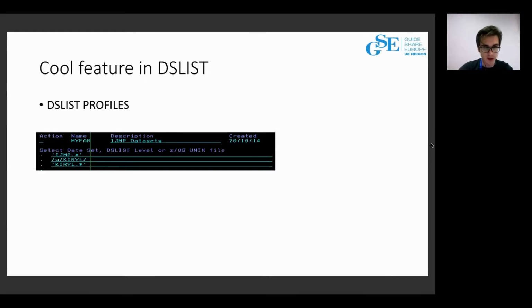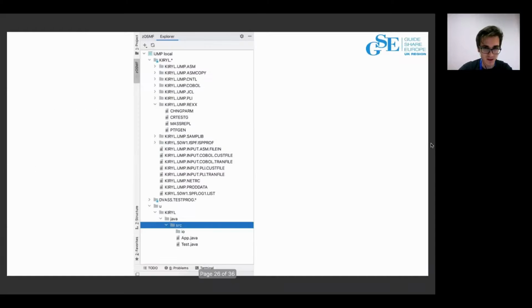So we decided to solve this problem in our plugin. So we created an entity which is called, Victor, could you remind me please how it's called? It's called a working set. A working set is a set of DS level masks and some USS paths that you would like to browse.